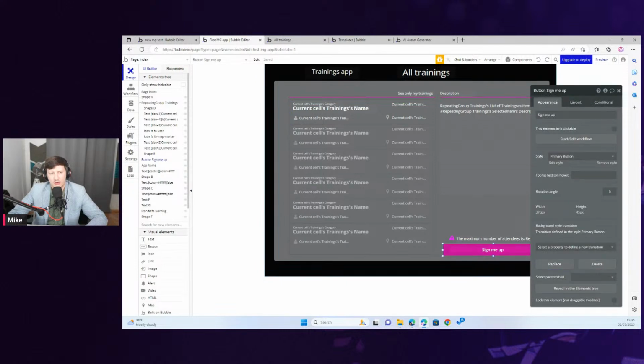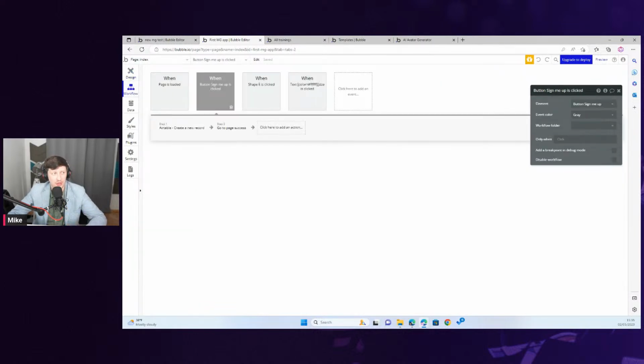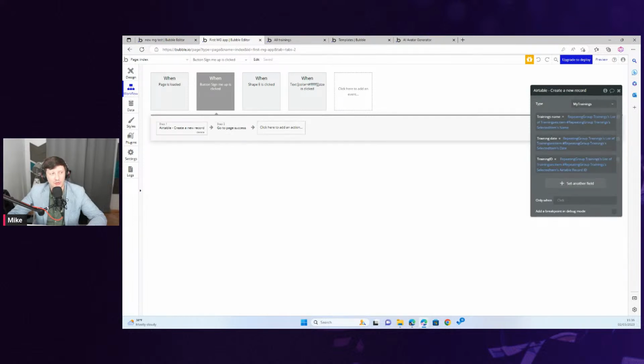Whenever I'd like to create a new record when I sign up, remember what I told you about the workflow? Yeah, here you can do that. You need to define the behavior. So once a button is clicked, I need to do some step.